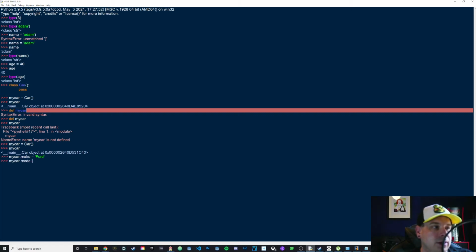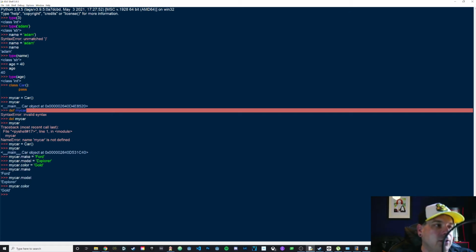My car dot model equals Explorer. This is going to describe an old car that I used to have. And then my car dot color equals, mine was gold, so we'll say gold. And then I can call any of those different variables or attributes by just typing in mycar.make, and it will tell me what it is. mycar.model,